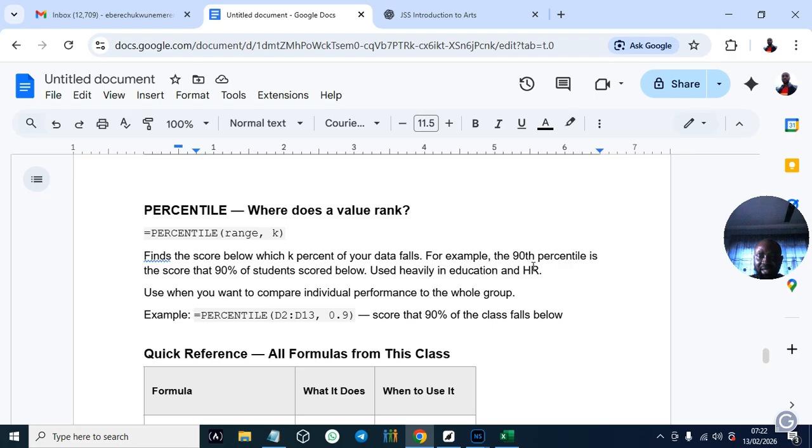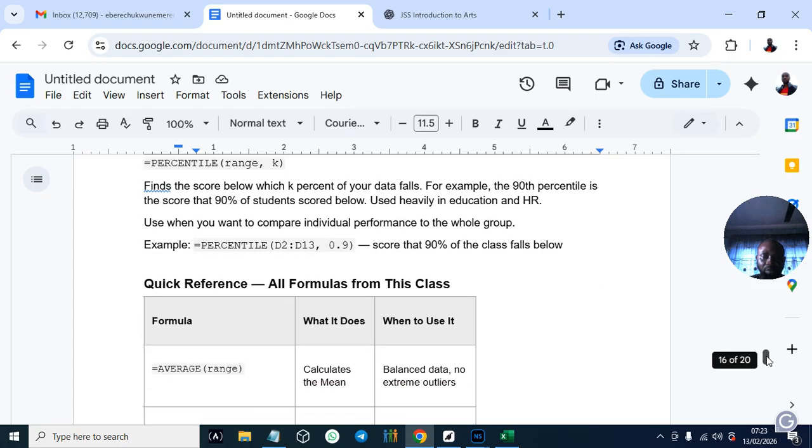For example, the 90th percentile is the score that 90% of students score below. That's what it means. It is used heavily in education and HR. Use it when you want to compare individual performance to the whole group, right? When you want to know where a single particular person's performance stands relative to the group.